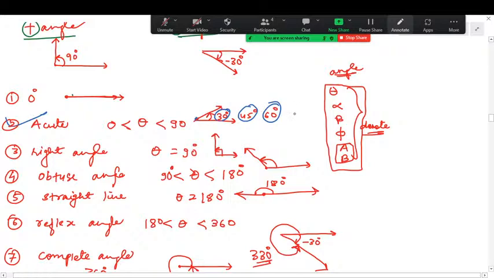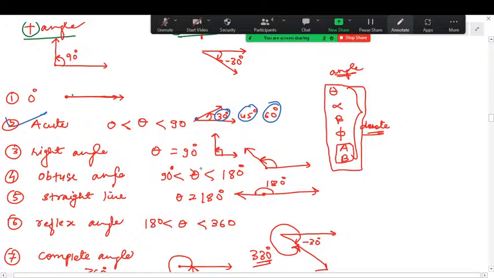Even 70 degrees is acute, but 0 degrees and 90 degrees are not considered acute angles. We consider all angles greater than 0 and less than 90. You may consider 1 degree as acute as well. You may consider 79 or 89 degrees as acute as well. Exactly 90 degrees is said to be a right